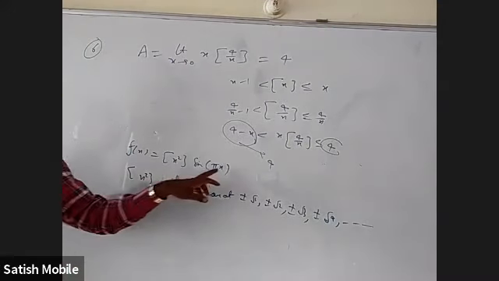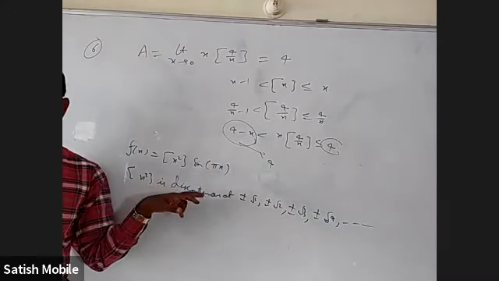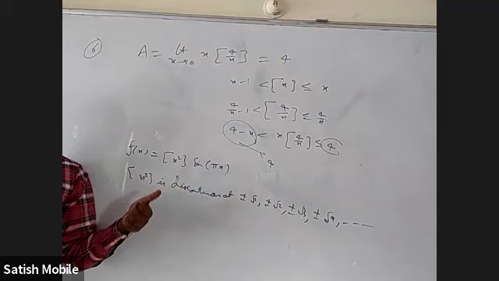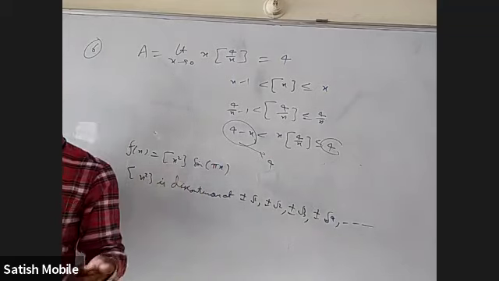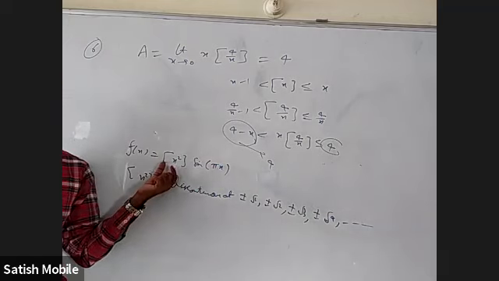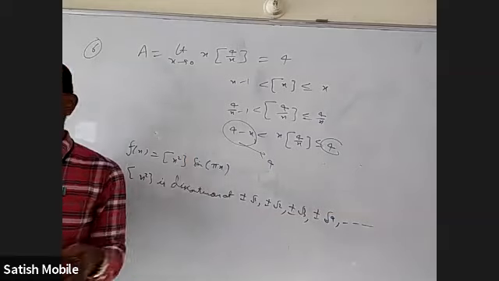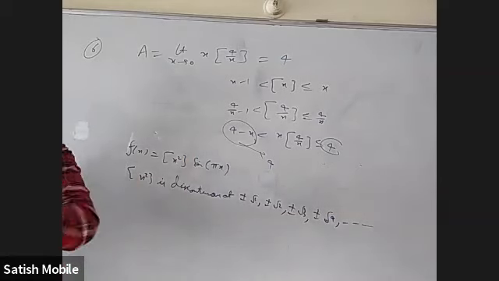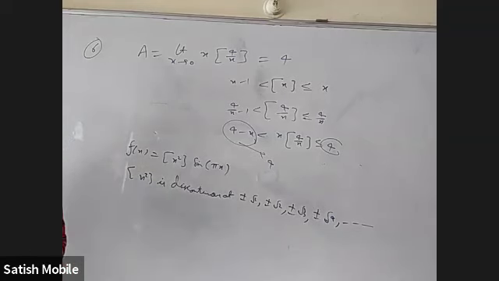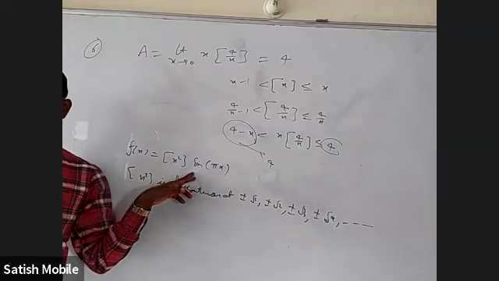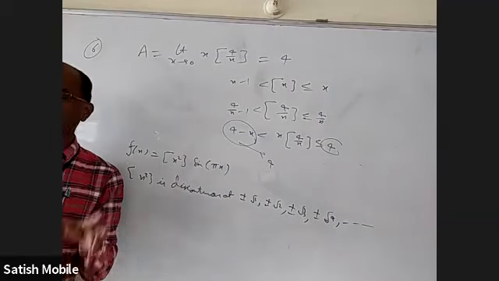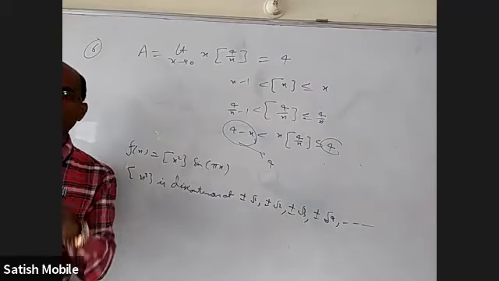Okay. At root 3 it is not 0, right? So just after root 3, what is the value of this function? 3 into sine pi root 3, which is not 0. Just before root 3, this value will be 2, because it is less than 3. It will be 2 sine pi root 3. The right limit is 3 sine pi root 3, left limit is 2 sine pi root 3. They are not equal. Okay, so this is discontinuous at any point which is not an integer. They are only square root of integers which are not perfect squares.